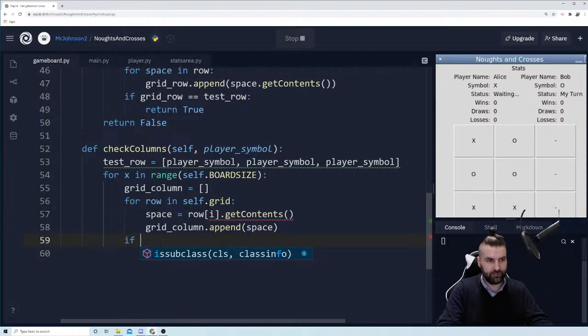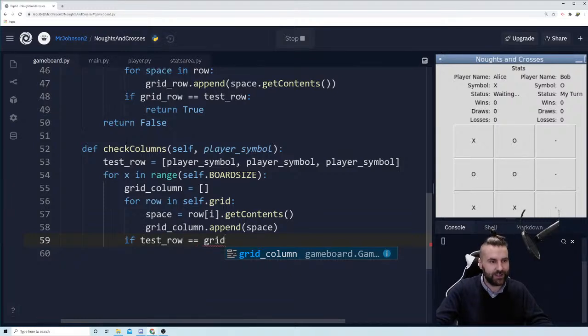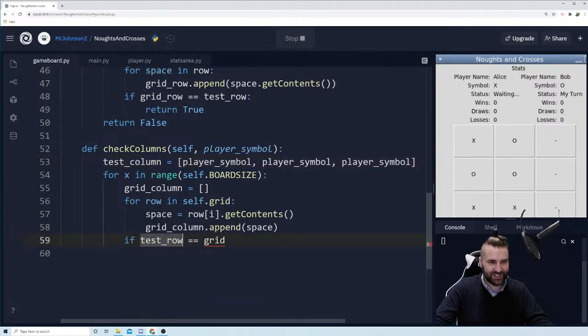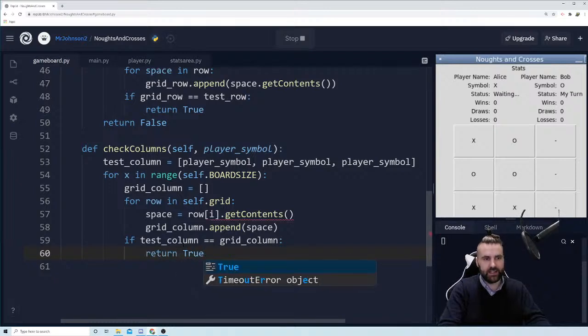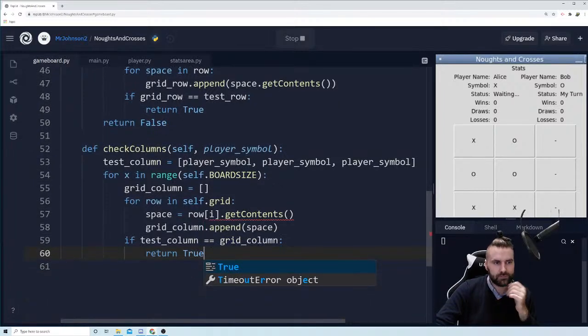So we're going to say if our test row is equal to our grid column. Oh, I called this test row. Let's call this test column. Otherwise, it's just not going to be any fun, is it? It's not going to make any sense. Grid column. Okay, so our test column, if it's equal to our grid column, then we're going to return true, just like we did in the previous one. Okay. However, if it doesn't return true,